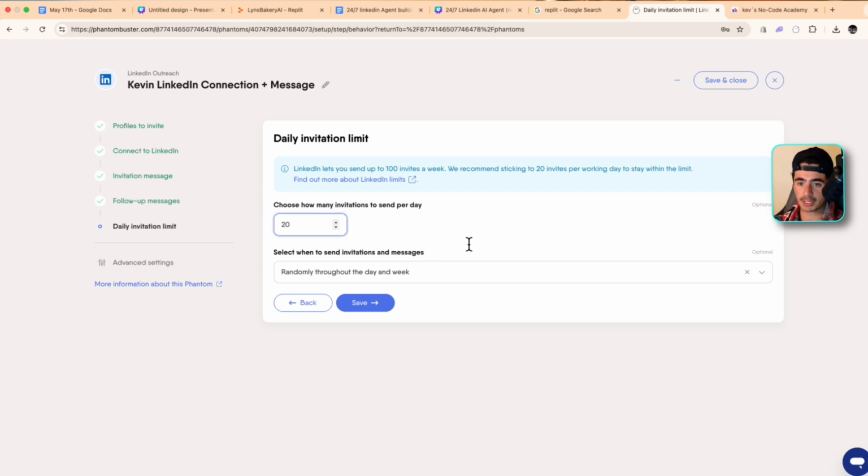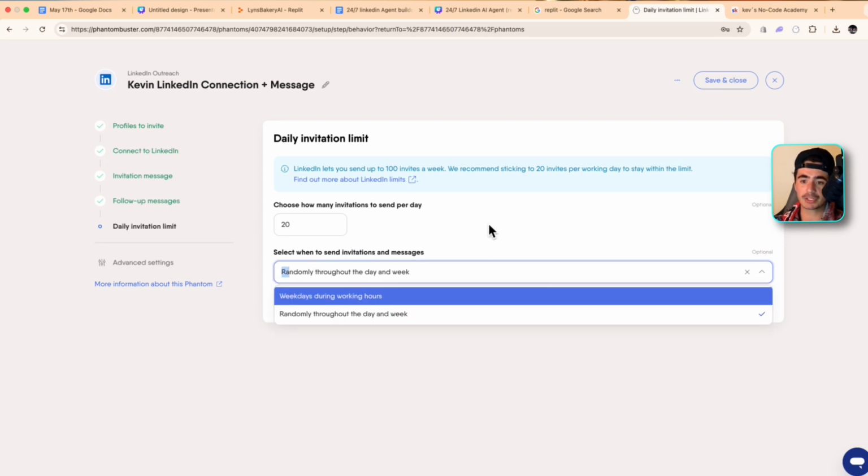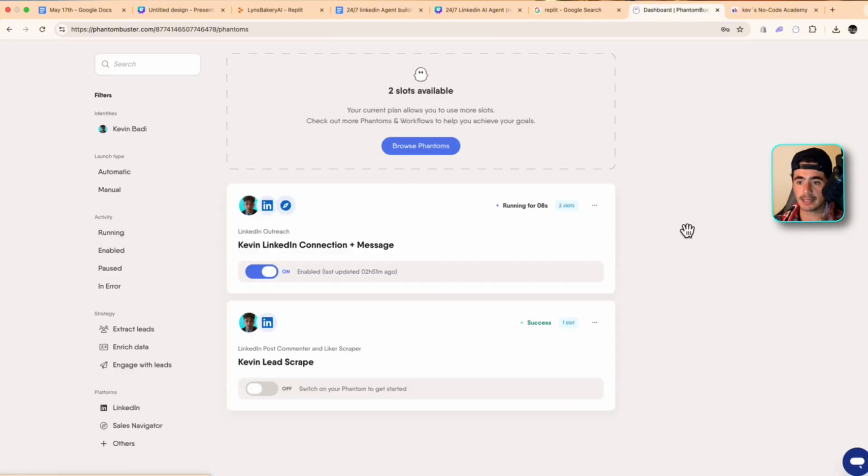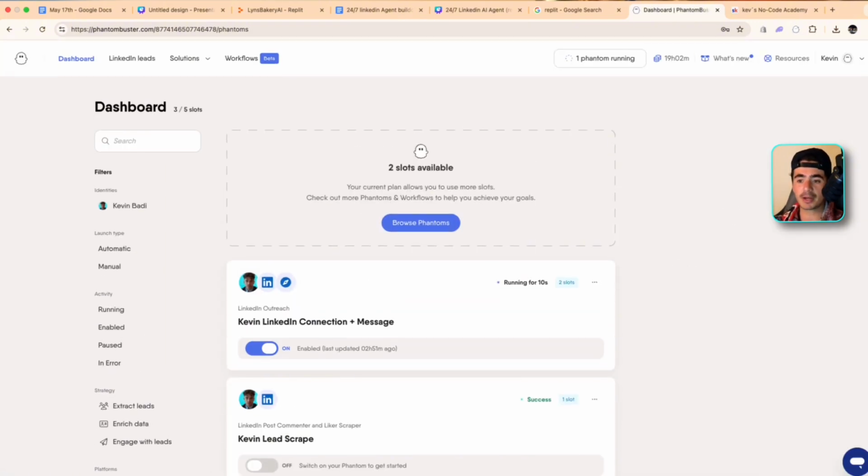But for this personal account, we're going to keep it at 20, and the invites are going to just happen randomly throughout the week, so nothing gets flagged, or so the likelihood of something getting flagged is not as high. Now, as you guys can see, once that baby's running, it just goes. And right now we have a Phantom running, and that is basically all you need to do on the Phantom Buster UI. And now we can actually start building the UI on Replit and building out the automations on Make